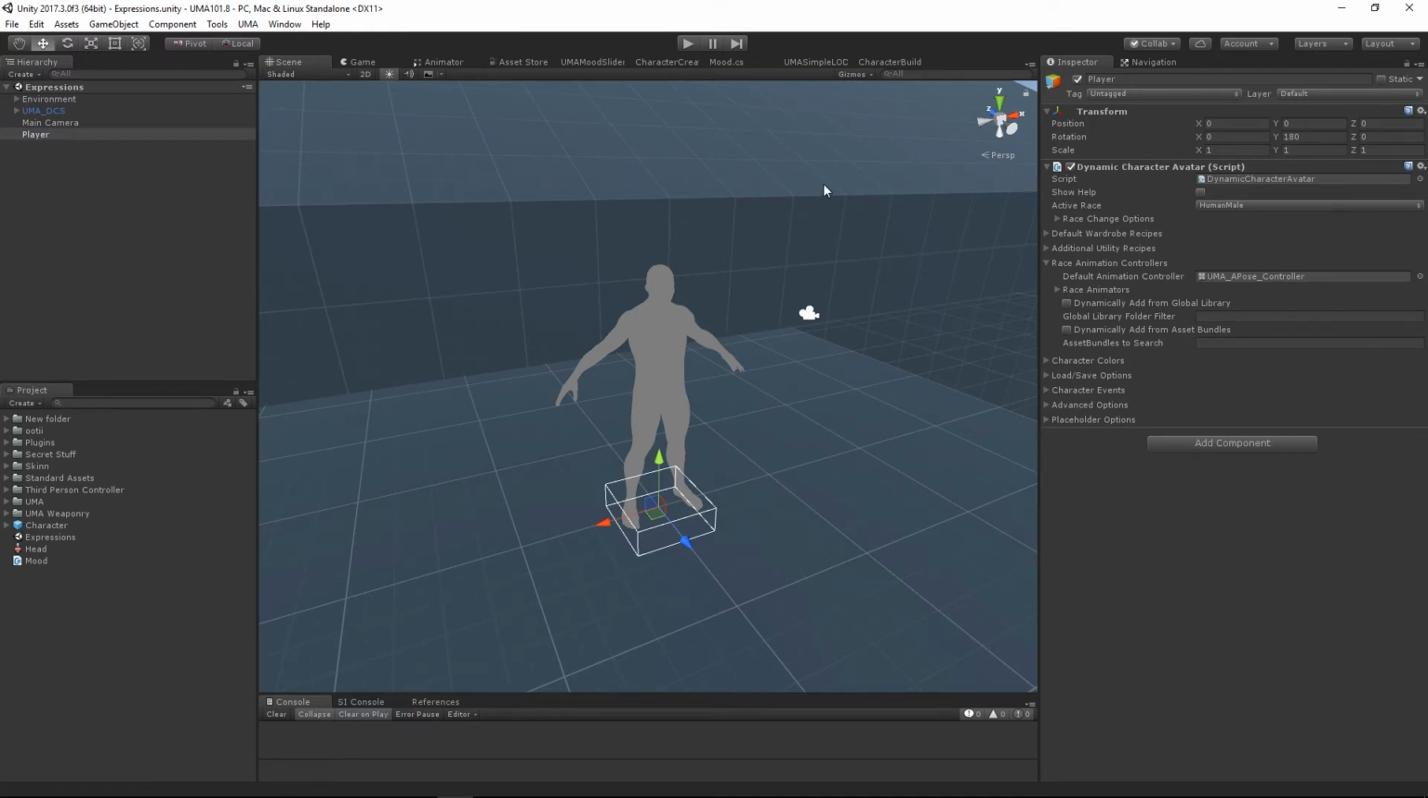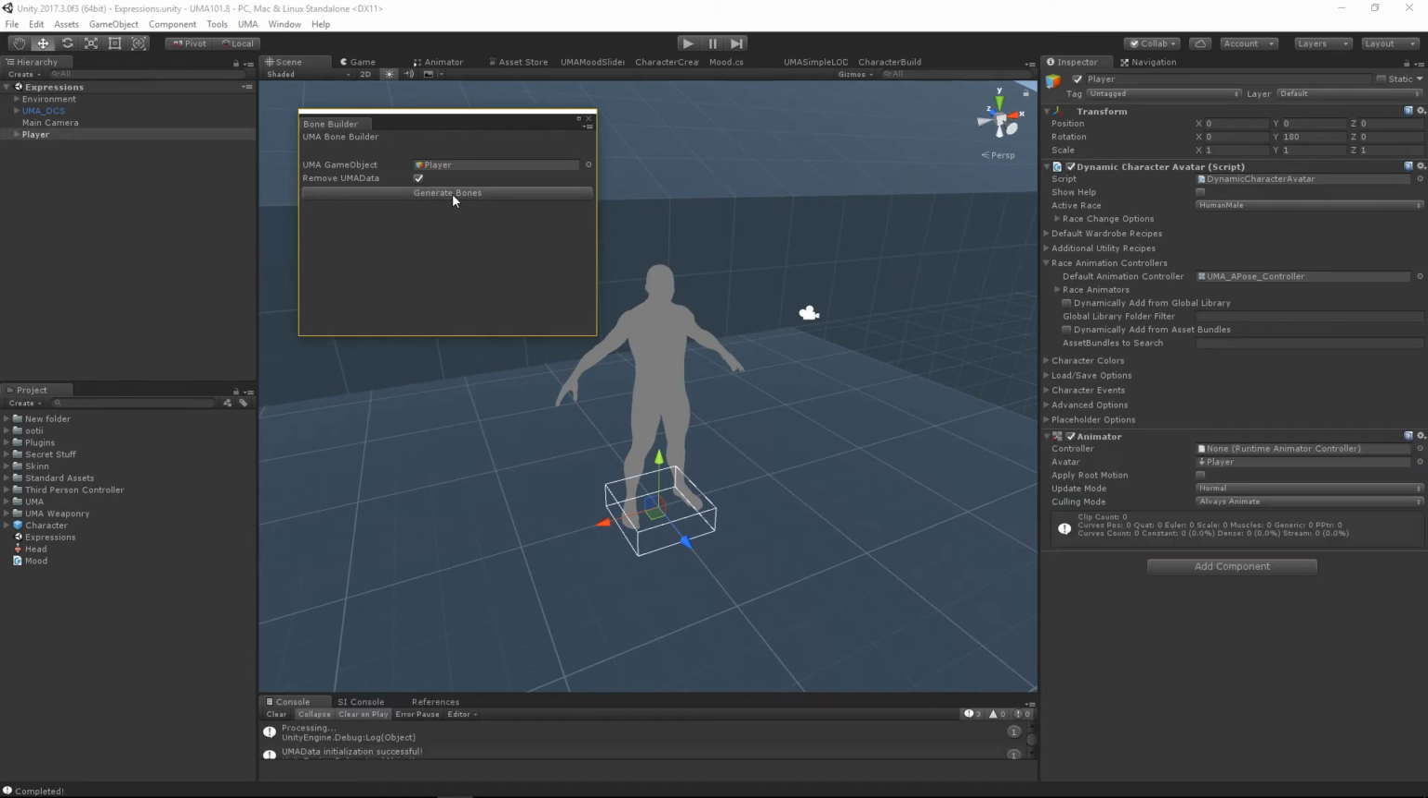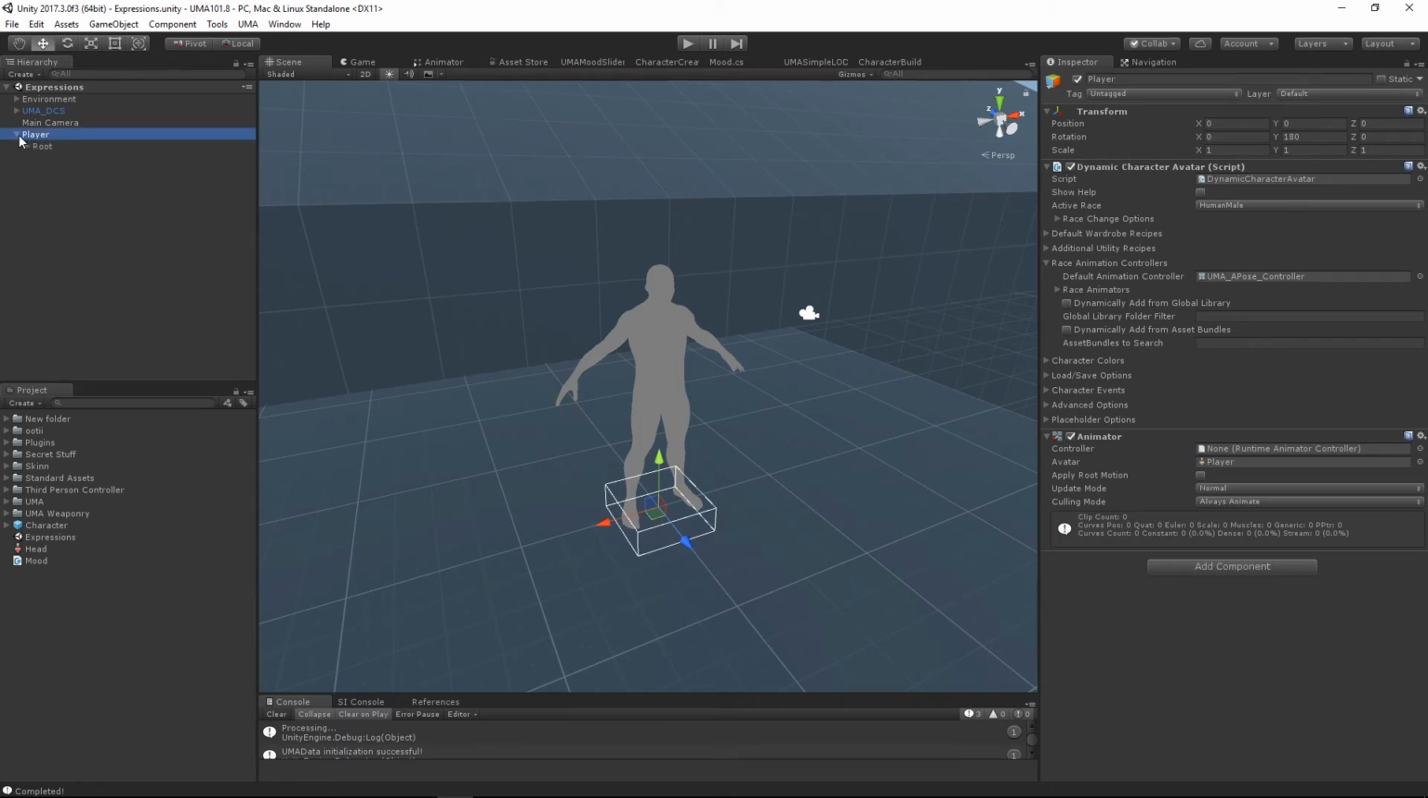So again, like any other controller, to turn this into something more usable, we need to use Uma's bone builder. Again, let's put our player item on here and say generate bones. This will immediately add our animator, and it will also add our bone structure. So from here on in, our Uma is just like any other model, and ootii will be able to recognize